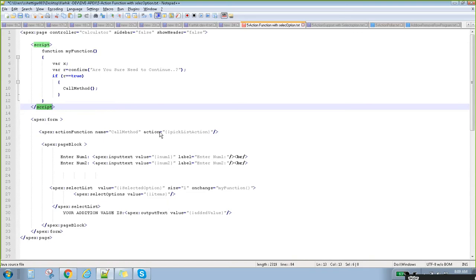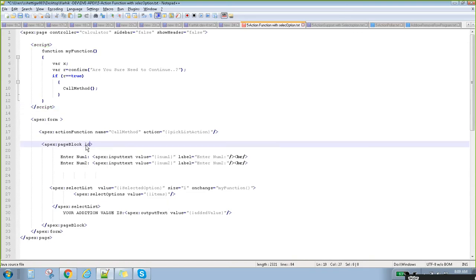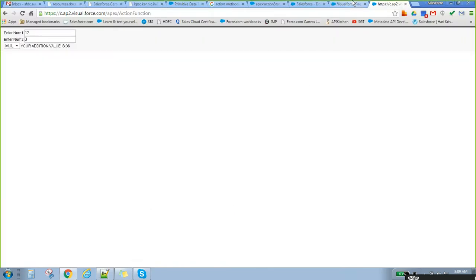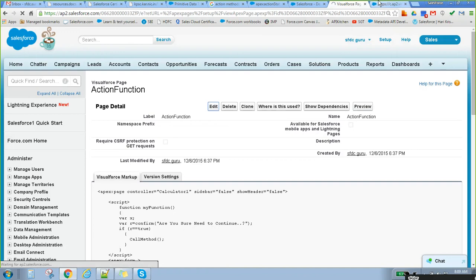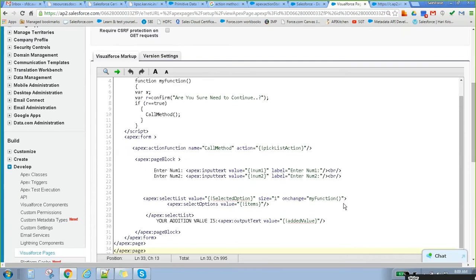So there is one tag called rendered. Rendered is equal to pg table.